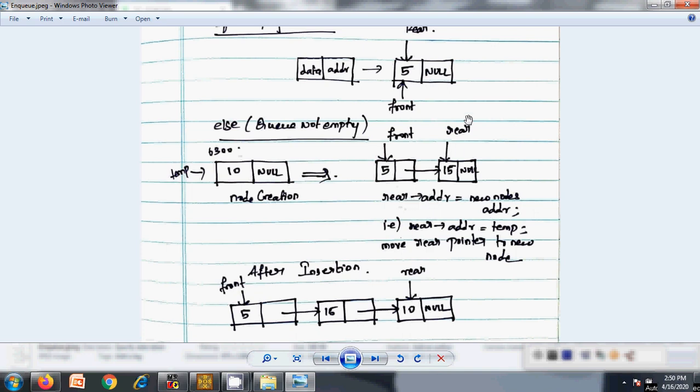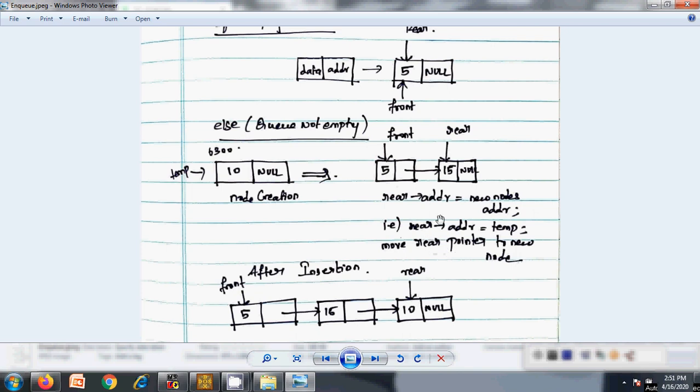So that is the code written here. Rear of address, so current rear, right? Rear is pointing to 15. Rear of address equal to new node's address. So what needs to be done here? Rear of address equal to 10. 10 is holding the address of node 10, and that is assigned to rear of address. So this part is assigned with rear of address, and that is right. And move the rear pointer to the new node. What needs to be done? Rear equal to 10. If you make an assignment, this statement can be replaced by rear equal to 10.